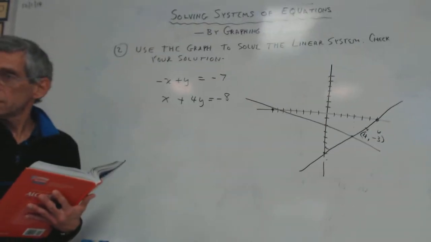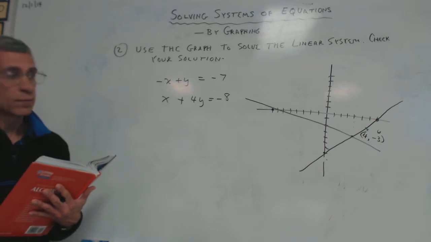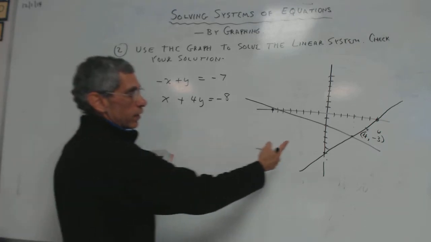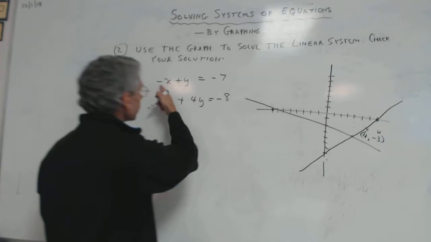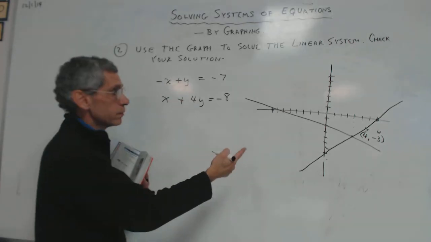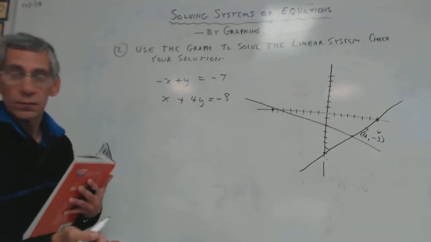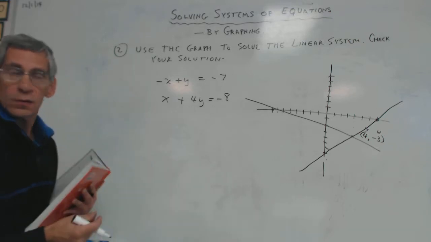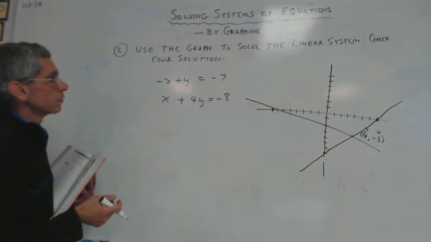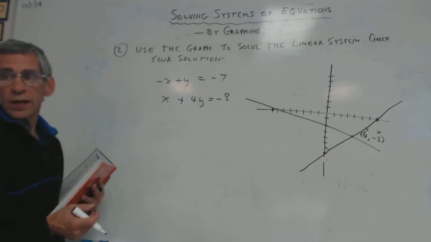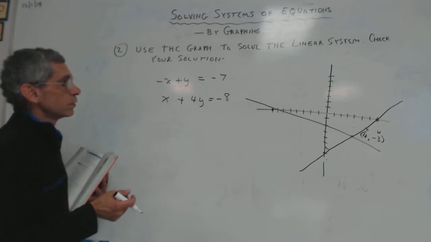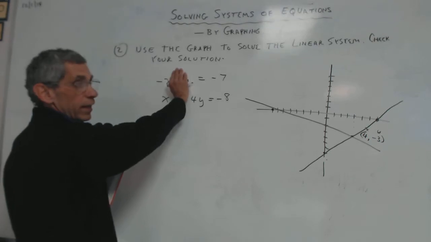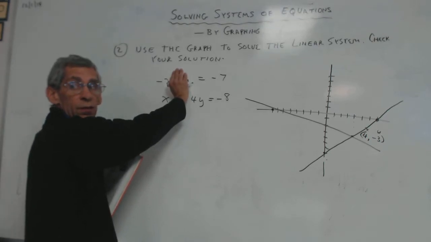But how did you get those coordinates? By where they are. I mean, I just graphed these two, right? But how did you get those numbers, the 4, negative 3? For the first one it's negative x plus y equals negative 7. I copied it from the book. So look, if negative x is negative 7,